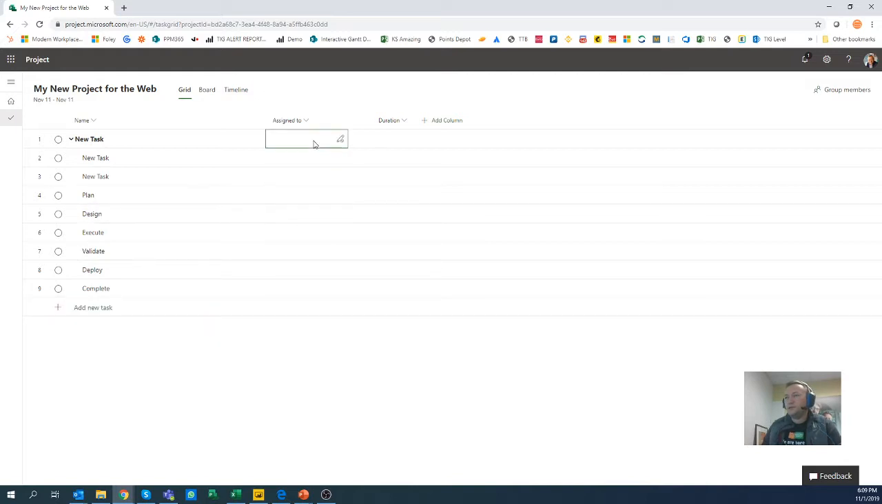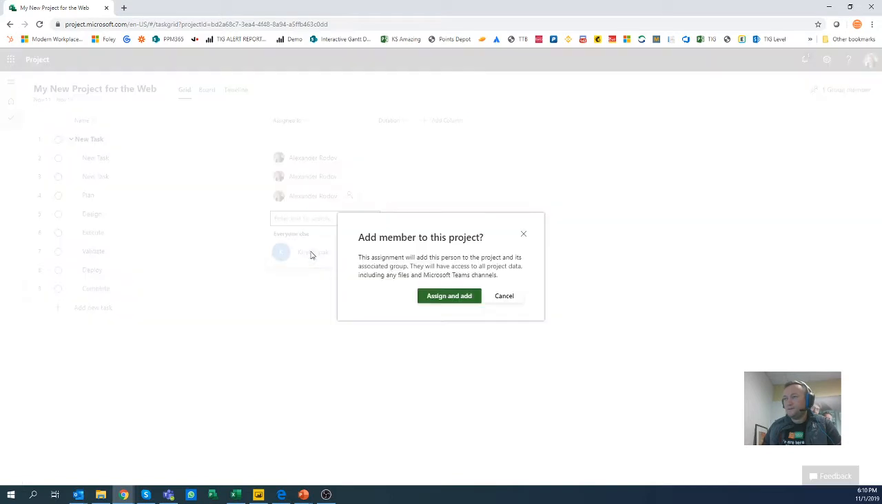Assigned to, I can quickly assign it to some person. So you see that you can assign it at the summary level. You can only assign it to a detailed task. So I can assign it, I'm just going to assign it to myself. I'll explain later about these groups that were just popping up. I can assign one person. I can assign another person here,